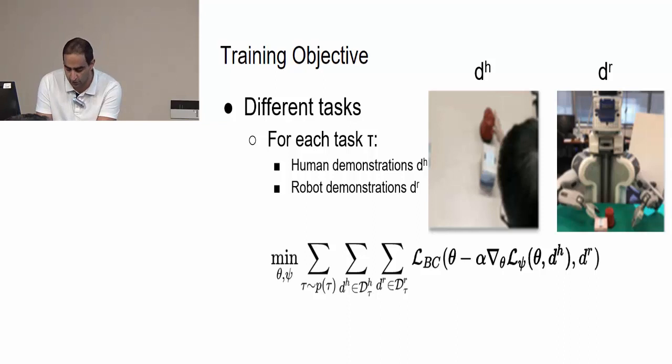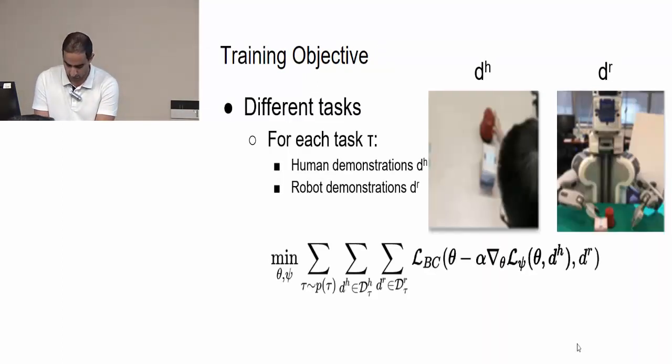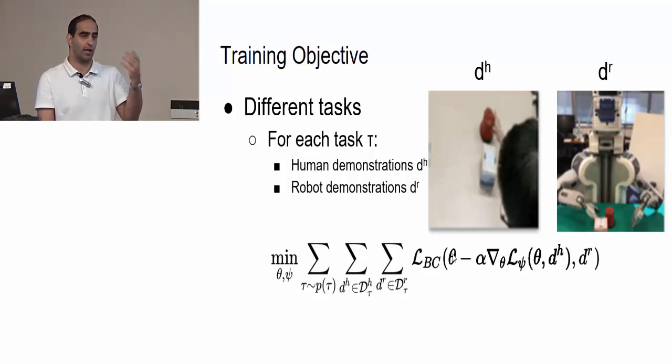So by backpropagation, we learn two things. One of them is parameter theta, and the other one is a psi parameter for our loss function. And you will do this summation for each task. You will have the demonstration of the robot and the demonstration of the human. Yes, exactly. For all tasks, we want to find a theta parameter which is not good for only one specific task, but is good to perform gradient descent on and adapts to a new task.